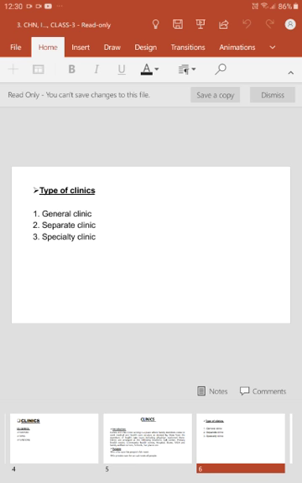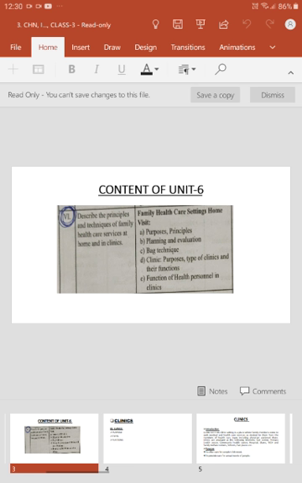And what will be the functions? The functions of the health person in the clinic: they give the services, they supply all the equipment and all. Then they assess the health status of the patient. They give the nursing care services, and they record all the things. After that, they give instruction to the patient as well as the family members. At last they give health education services depending upon their health care problems.